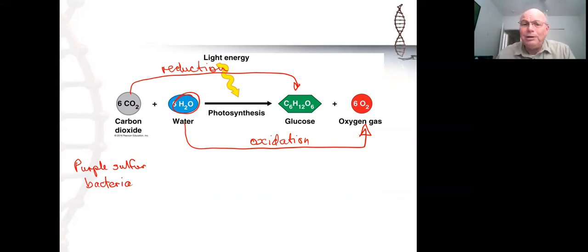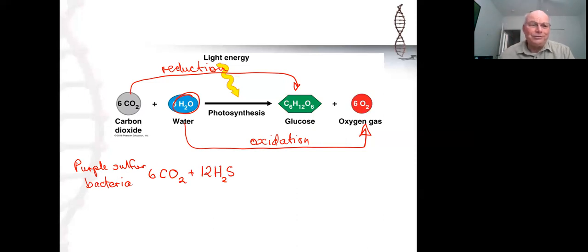Now, this was discovered by an American biologist named Van Niel back in the 1930s. And Van Niel observed that not only was this a redox reaction, but something that was related to photosynthesis was going on that explained something about photosynthesis. So here's what Van Niel figured out about the equation that the purple sulfur bacteria are using. So we have carbon dioxide. They don't use water, they use something called H2S,